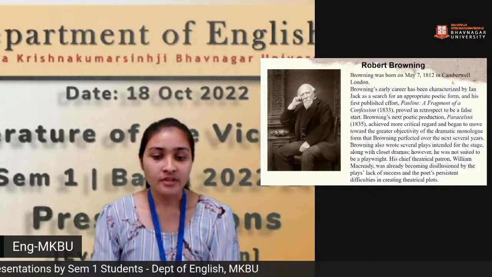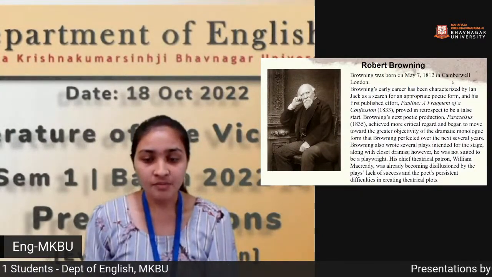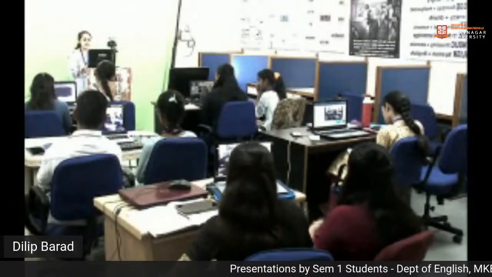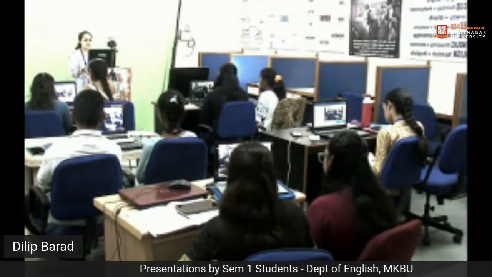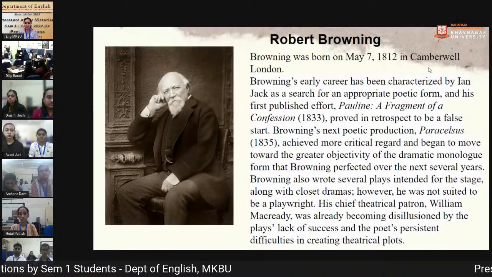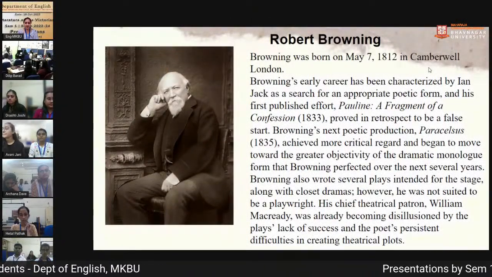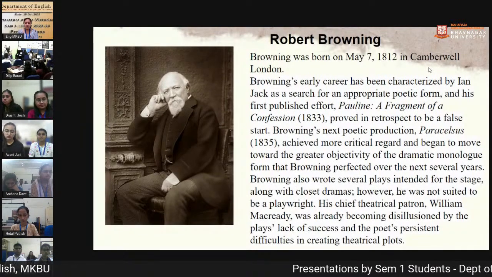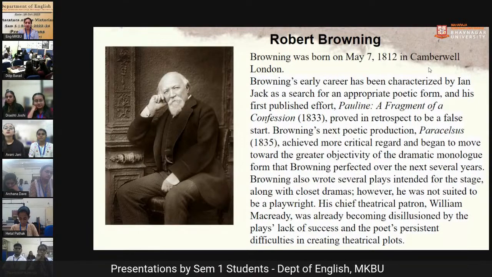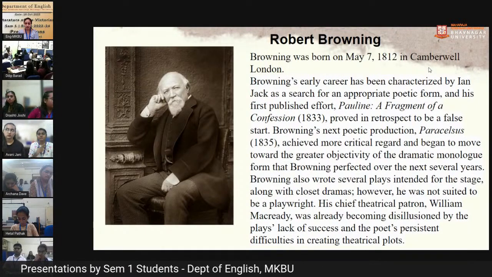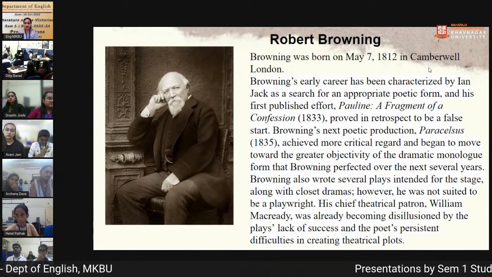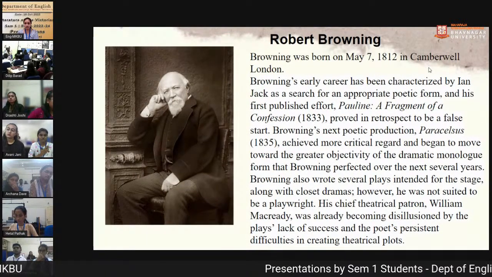Robert Browning was born on 7th May 1812 in Cambridge, London. Browning's early career has been characterized by critics as a search for an appropriate poetic form, and his first published effort, Pauline: A Fragment of a Confession, proved in retrospect to be a false start. Browning's next poetic production,